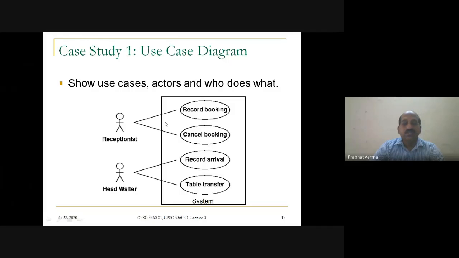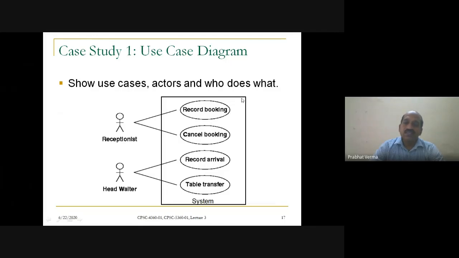These two use cases are run by the receptionist. Then the head waiter runs a use case known as record arrival, so that when the customer arrives in the restaurant, he records the arrival of the customers. That is the responsibility of the head waiter. Sometimes it may be required to transfer the table in unavoidable circumstances, so this is again the duty of the head waiter. So these four use cases are there in the system.